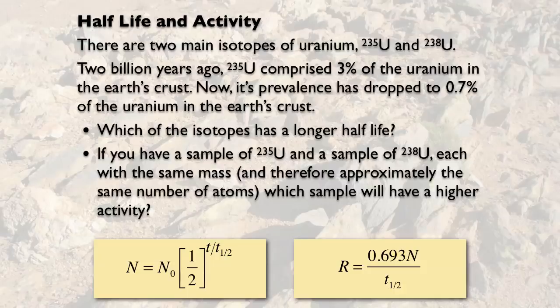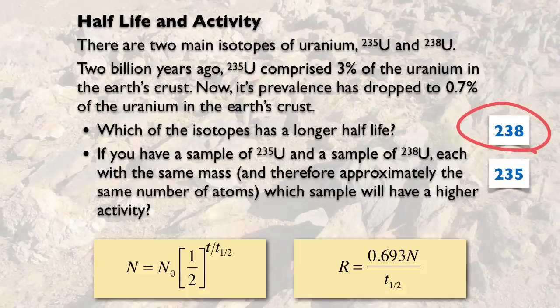This picture in the background is actually a picture of a natural nuclear reactor that was found in the Earth's crust. It turns out when uranium-235 was 3% of the uranium, uranium-235 is fissionable. That's the stuff they use in nuclear reactors and nuclear weapons. And so there was enough uranium-235 in a pure enough ore that you could have a naturally occurring nuclear reactor in the rock. It was kind of an awesome thing. And as we saw, uranium-238 has the longer half-life, and that means if I have two equal mass samples, the uranium-235 is more active.